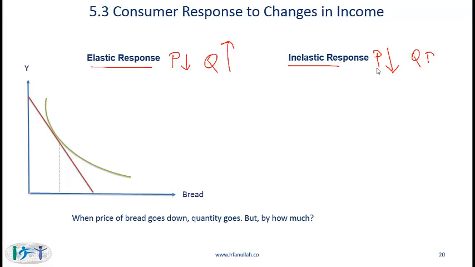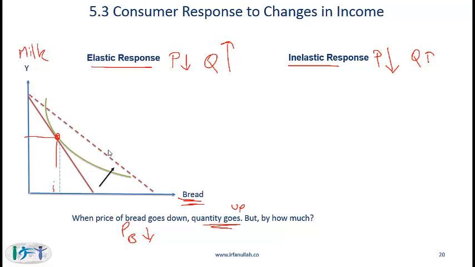So going back to bread and milk, again we have quantity of bread on the x-axis, quantity of milk on the y-axis. What happens if the price of bread goes down? We know that the quantity of bread will go up, but by how much? And that depends on our preference for bread relative to milk. So let's say we are originally at this particular point,